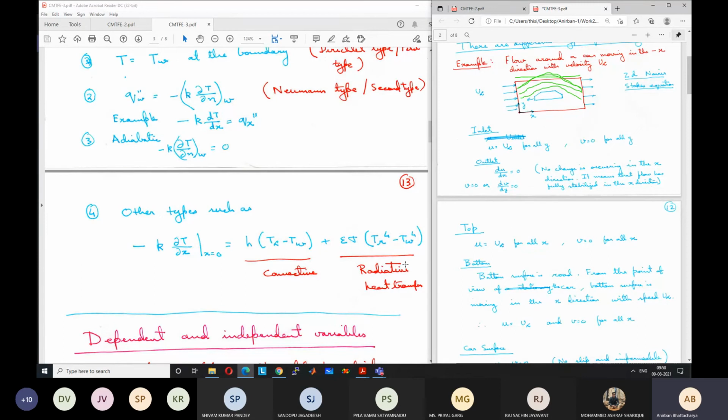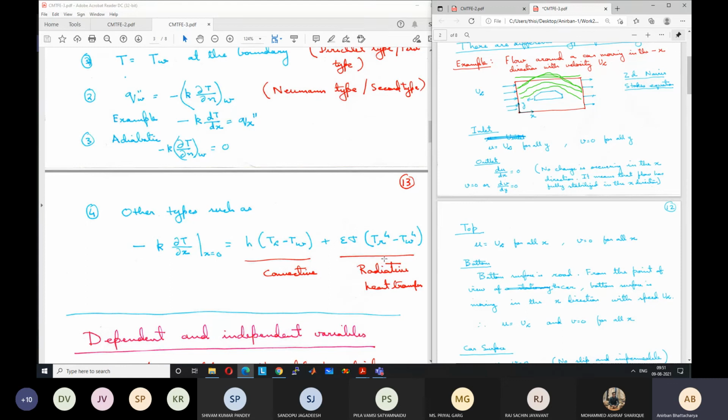Similarly, the radiative heat transfer is epsilon sigma (Tr^4 minus Tw^4). Tr is the faraway temperature for radiation. Tw is again the boundary wall temperature, which is again unknown. Because Tw is unknown, we cannot know what the heat flux is, so the heat flux itself may vary depending on Tw. So this is part of the solution process now, and it is not too difficult to tackle while solving. But this is another type of boundary condition that is also provided for heat transfer.